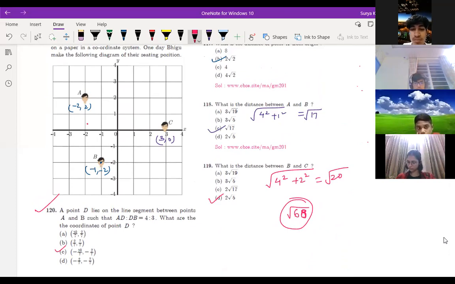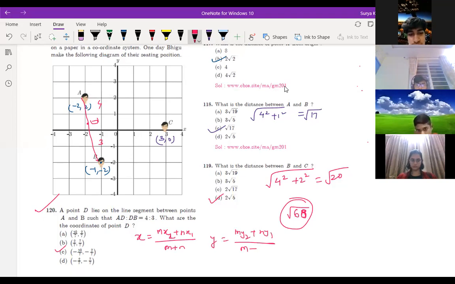Achha, here somewhere there is a D between something, right? Yes. AD by DB. Here is D. So ratio is given, that is 4 and this is 3, correct? 4 and 3. Yes. So what are the coordinates of point D? So this is very easy. X is equal to, Drishi, what is the answer you are getting? Okay. X is equal to mx2 plus nx1 divided by m plus n, you know the formula, children, and y is equal to my2 plus ny1 divided by m plus n.